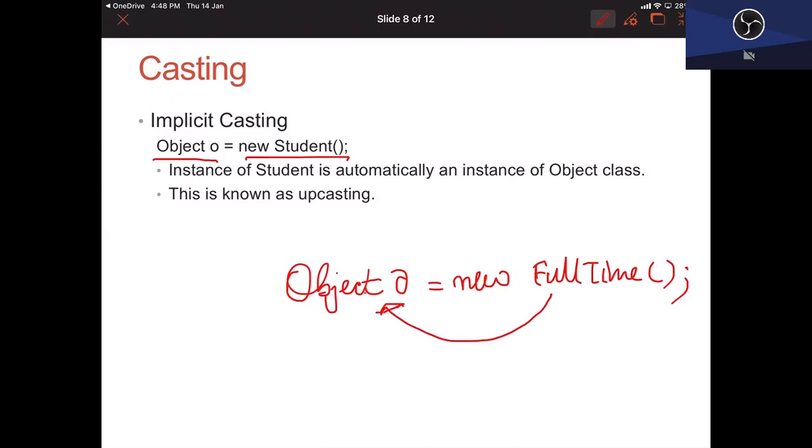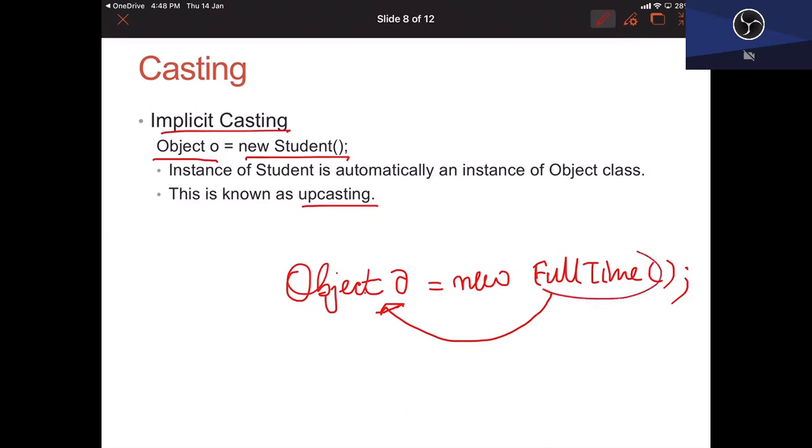So an instance of Student or an instance of FullTime is automatically an instance of the Object class, because remember there is a hierarchy. So this is automatic or implicit casting. You don't have to use a casting operator. This is also known as upcasting. Remember supertype and subtype.